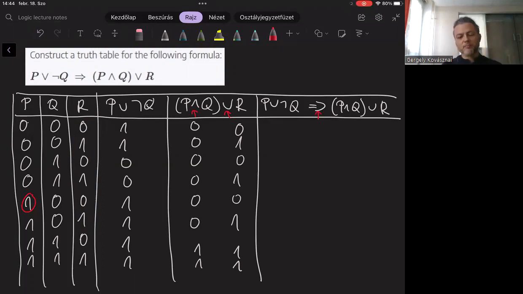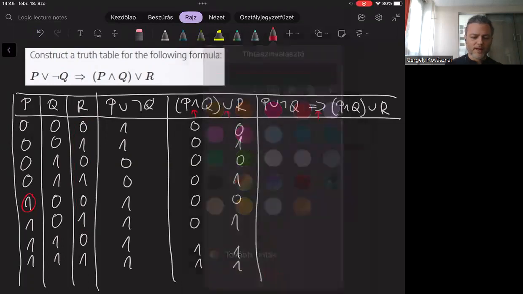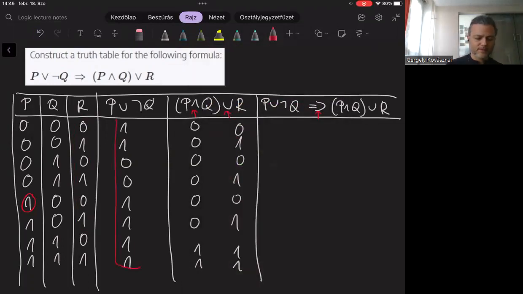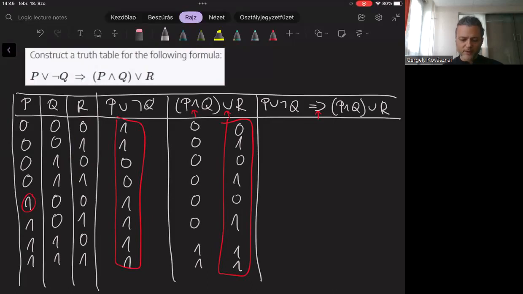This implication works over the values in this column and in this column, right? So as we know, implication evaluates to 0 if the left-hand side is 1 and the right-hand side is 0. So in the very last interpretation, the implication must evaluate to 0.